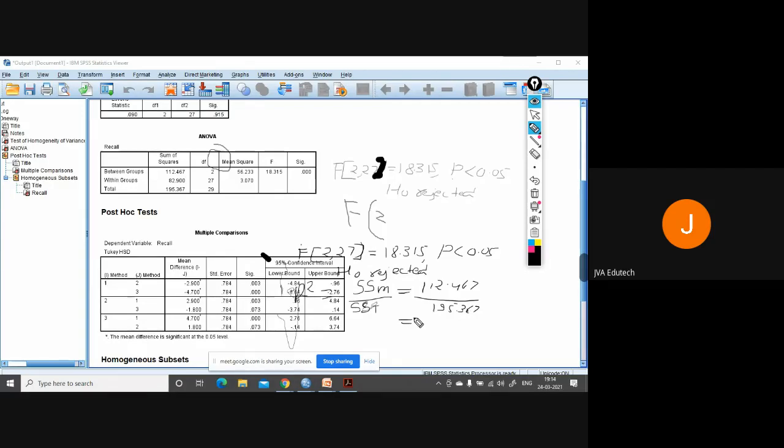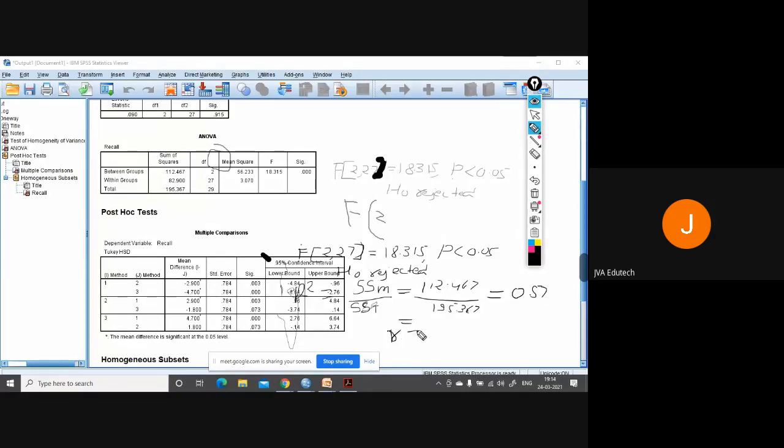Let me calculate this. 112.467 divided by 195.367 is equal to 0.57. This is the value of R square.